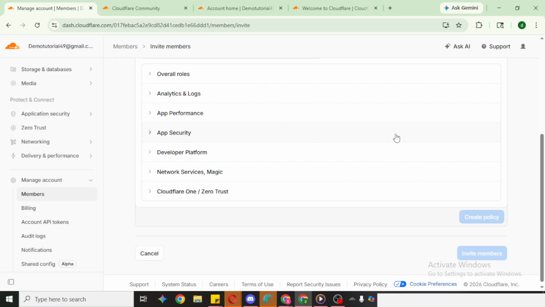That's it. You've opened your Cloudflare account, navigated through the left panel, selected Manage Account, gone into Members, invited your teammates by email, assigned the right permission roles, optionally set a policy, and finalized the invite. Keep roles tidy, review access periodically, and you'll maintain a secure, well-managed Cloudflare environment.